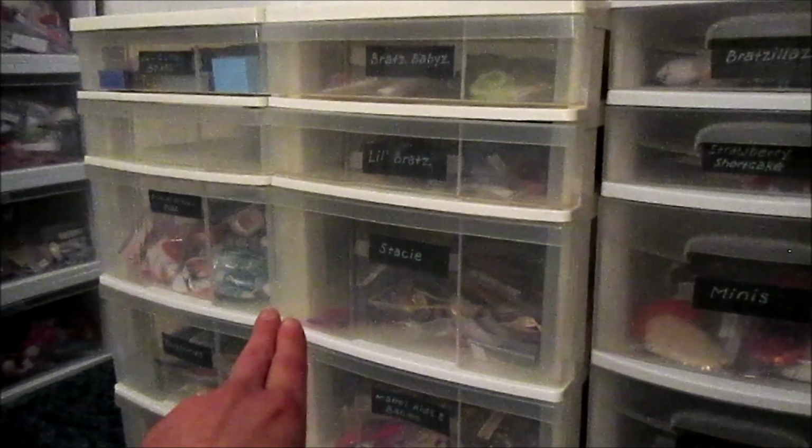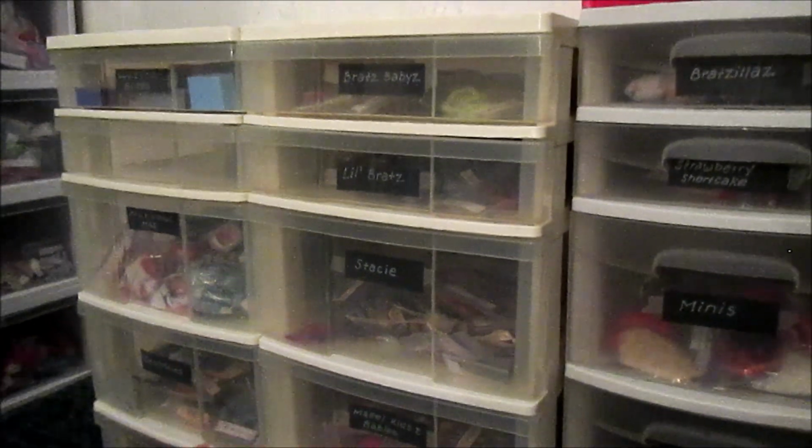And a lot of these bins, I know I got this one for free on the side of the road. I got this one for free on the side of the road. And then these two, my mom bought me and my sister when we were kids, so we've had them for years. They've had many different things in them over the years. And then some of these, I bought this one on sale at some point, labeled so you can kind of see what's in them